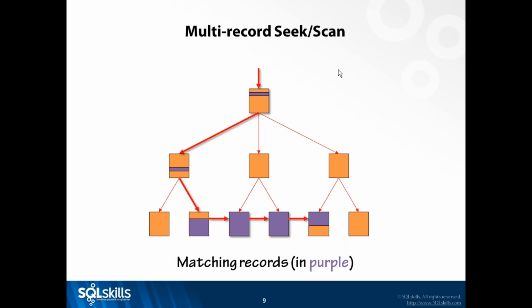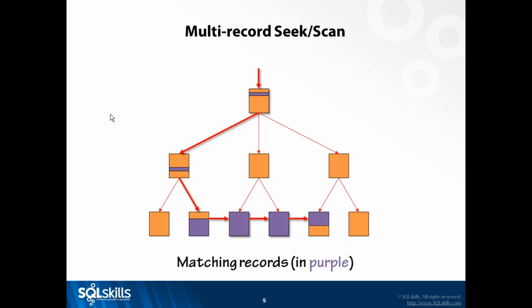Now, after a single record seek, there's a multi-record seek or a scan. And this is where you've given a starting and ending predicate. And what the storage engine does is it does exactly what I just said for an index seek. It seeks down to find the first matching record for our particular predicate. It takes that record and it gives it back to the query processor. The query processor does its thing because the interface between the query processor and the storage engine is one record at a time. The query processor says to the storage engine, hey, please get me the next record.